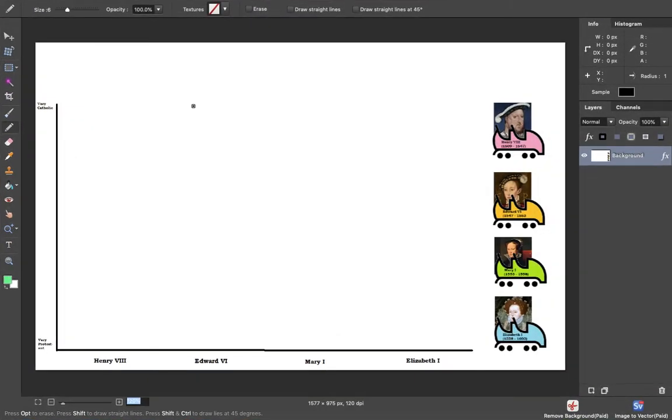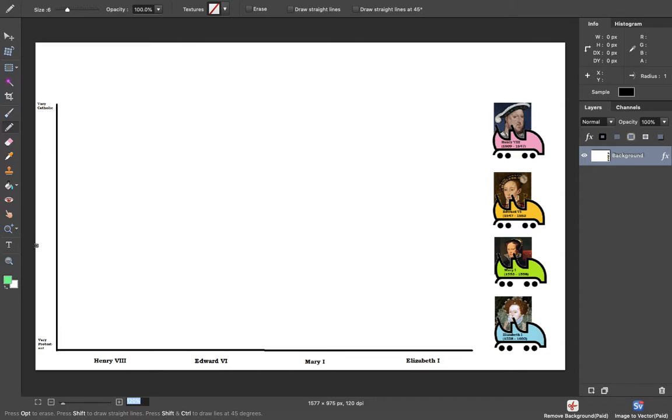Okay, hi Year 7. Just to help you out here with your final task for the day, this is where you're creating your own religious roller coaster. So I wanted to just quickly show you how to do that. So you've got this picture here that some of you might be using on Microsoft Paint, or some of you might be trying to do by hand. So just to explain what this is here.